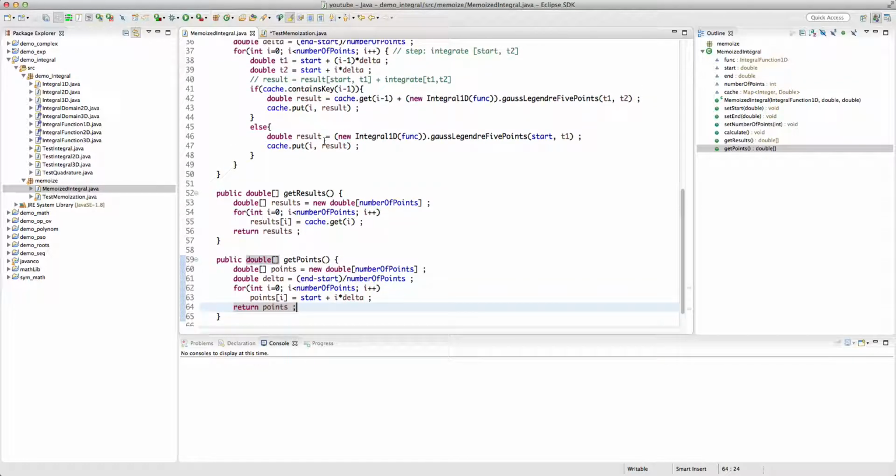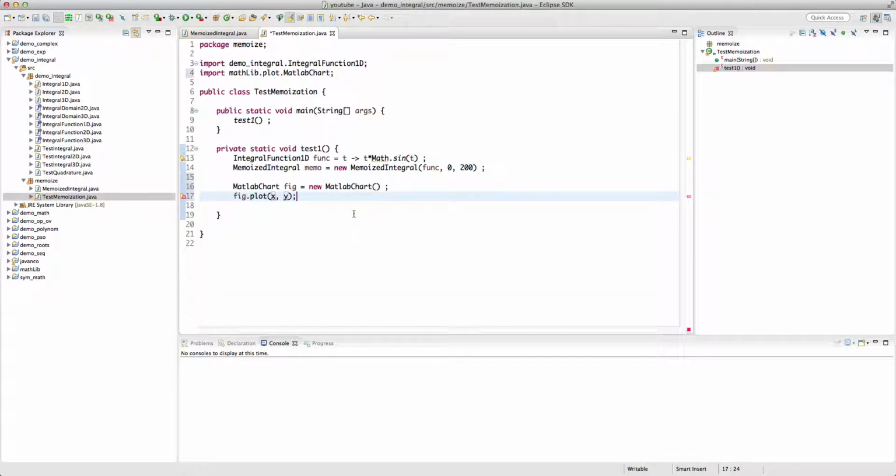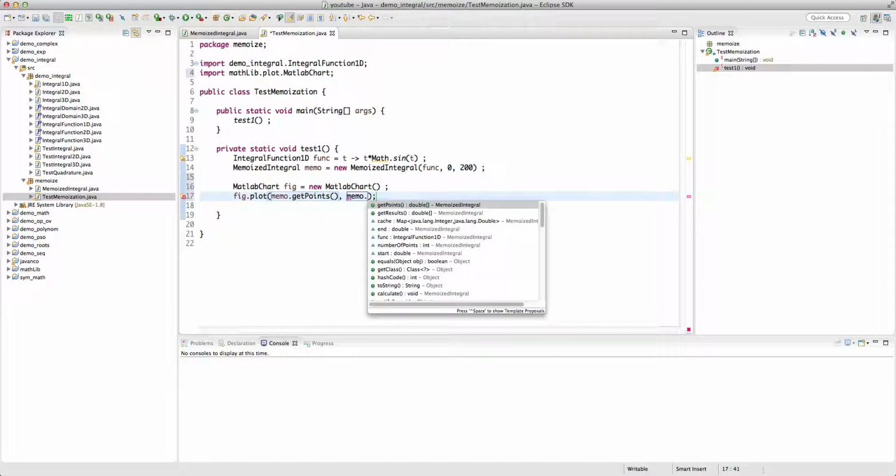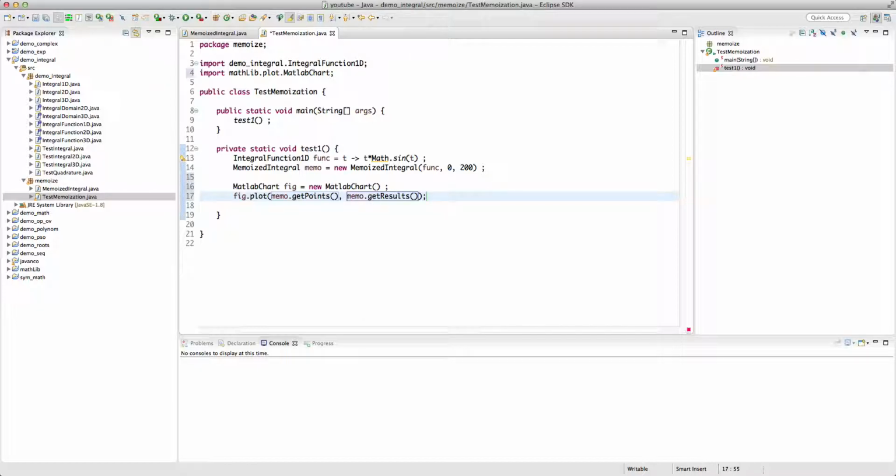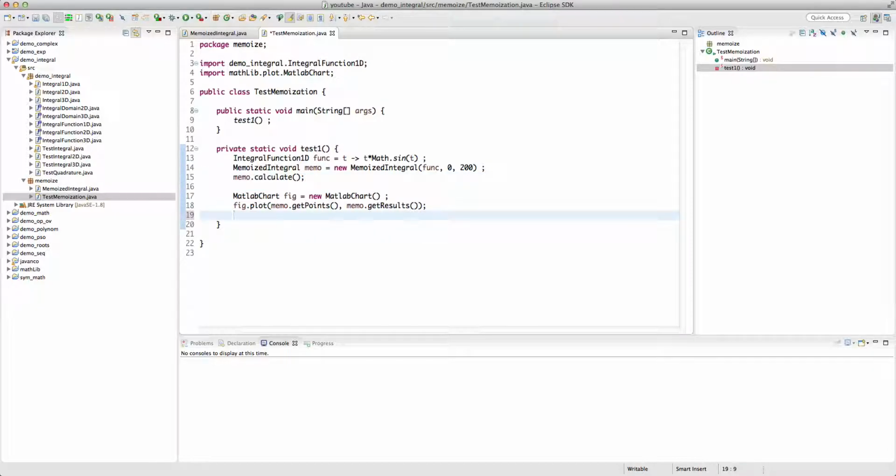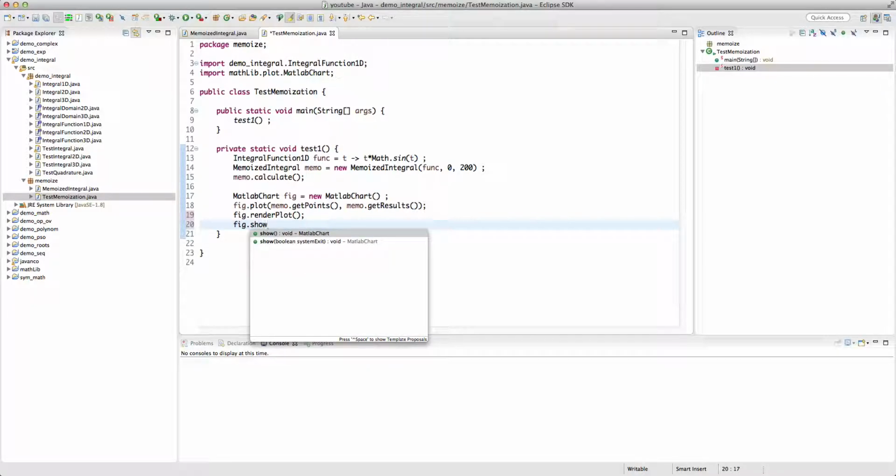Okay, and then x, so x is memo get points, y is memo get results. Okay, and then after we create the memo we have to call the calculate,